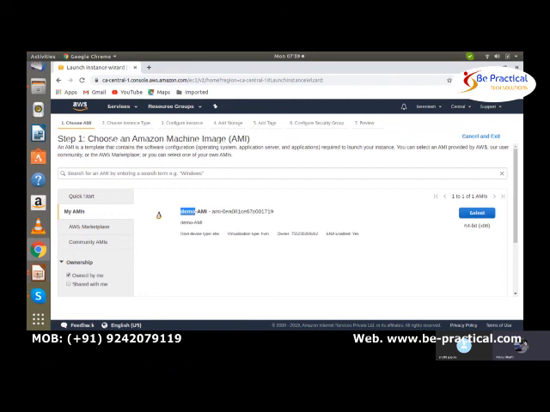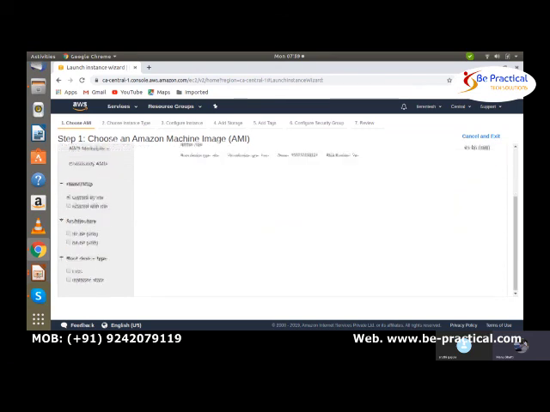Just create one EC2 instance, log into it, make all the changes you require, and after that create an AMI, and with that AMI the remaining 99 instances you can launch easily. That is the sole purpose, though in this demo AMI I didn't change anything, I just created an AMI.